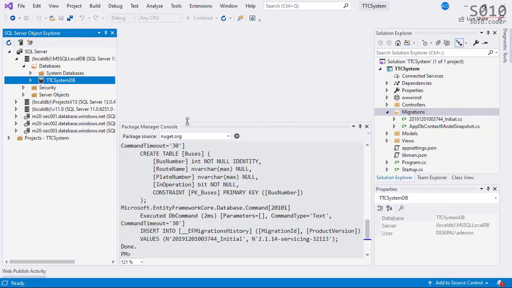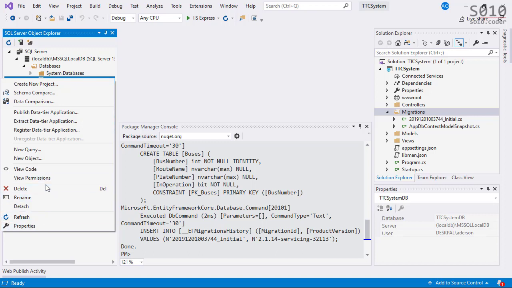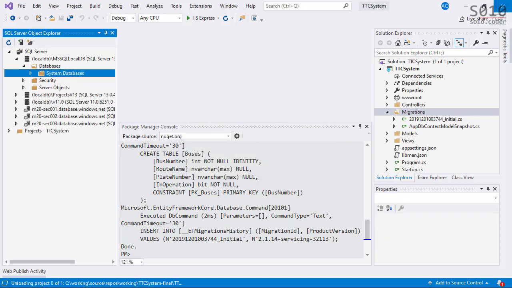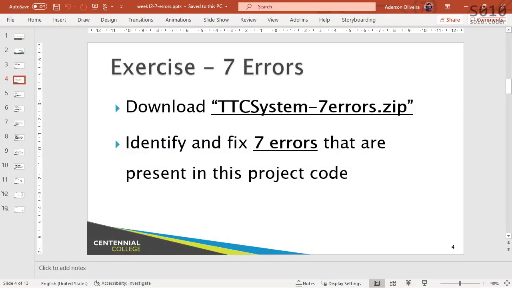So, I'm going to close this one here. Actually, let me delete the database. Created, but I'm going to delete it. I'm going to close this. So, what did I make available to you for this? Well, if you go to